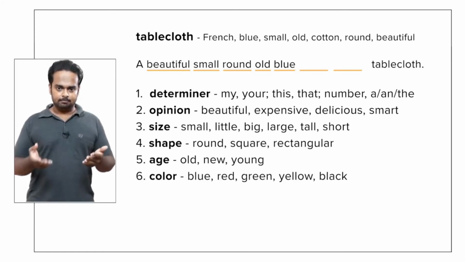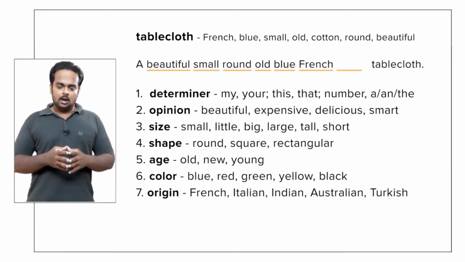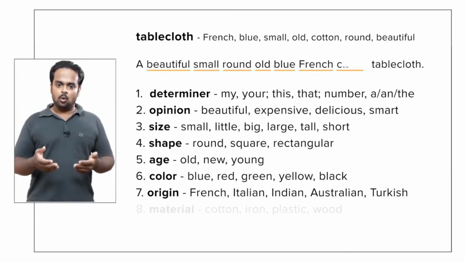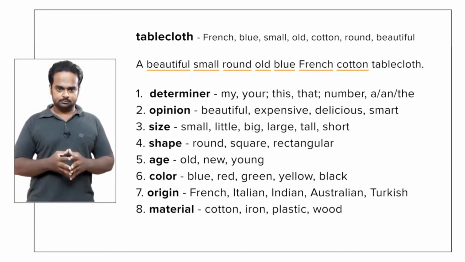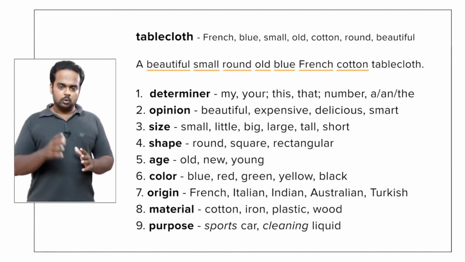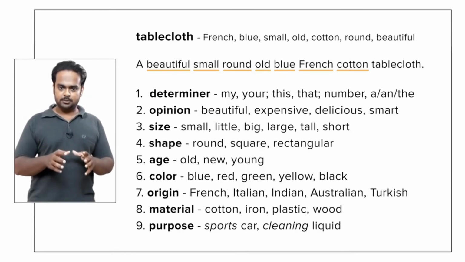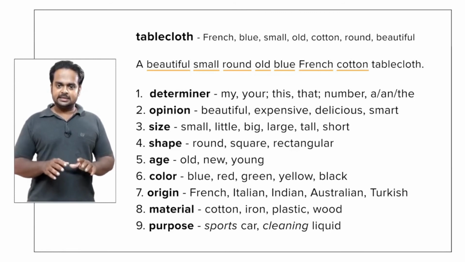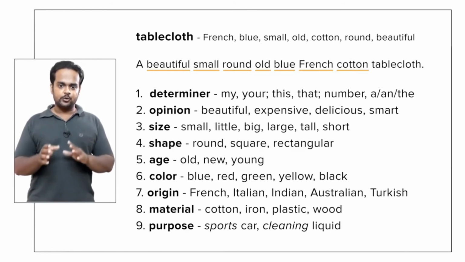Then comes color, blue, and then origin. My tablecloth is from France, so French. We can then say what material it's made of, cotton. And finally, we can include its purpose if we want. Now, if we were talking about a cleaning liquid, for example, the word cleaning would be its purpose. In the case of the tablecloth, we don't have a purpose, so we don't need to include it. So the final order of adjectives here is in my home, I have a beautiful, small, round, old, blue, French